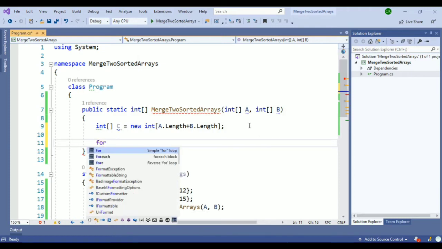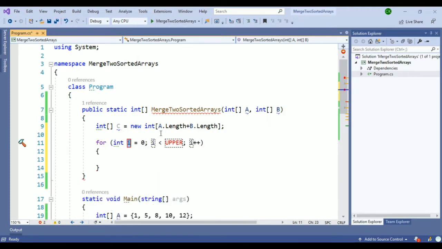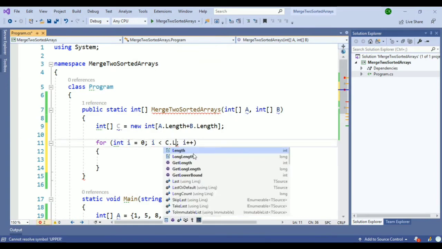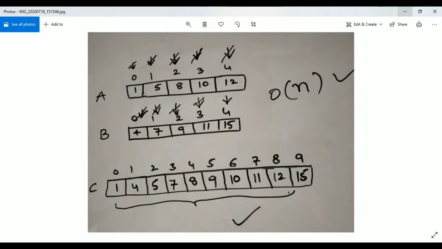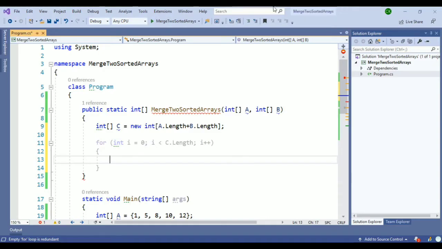So I am using a for loop, starting with 0 and going till the end of that array. If we see our approach, first we need to compare the value which is at index 0 of array A with the value which is at index 0 of array B. That's what we will do first.